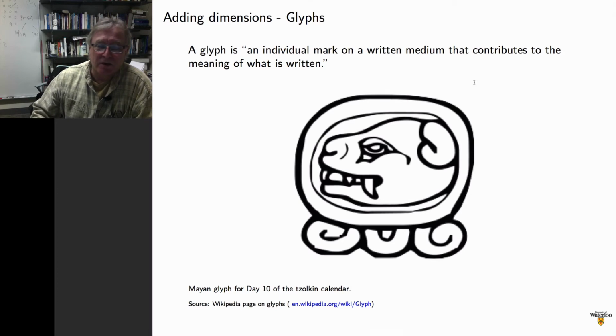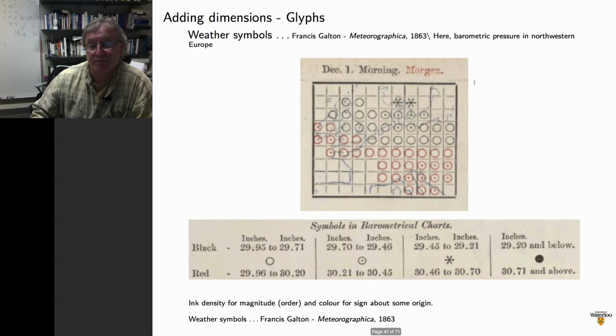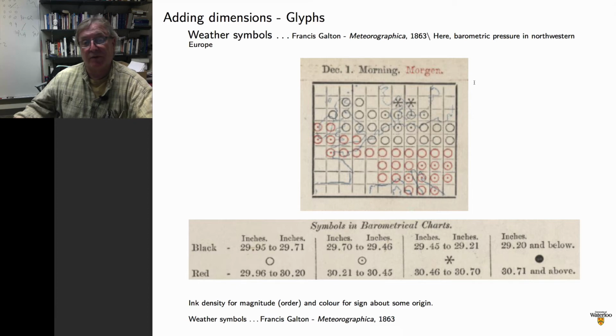So we're going to think about glyphs more generally, and again look to maps for how you might use glyphs and how they've been used in the past to encode more information. One of the earliest uses of glyphs is by Francis Galton, who we've seen before when we talked about quantile plots. Famous 19th century statistician,